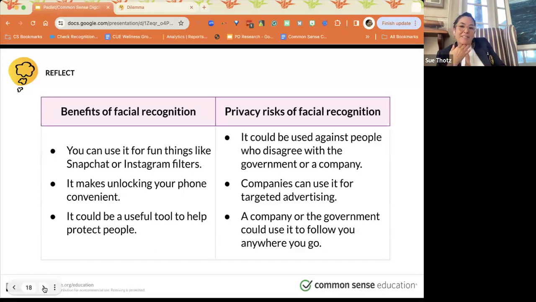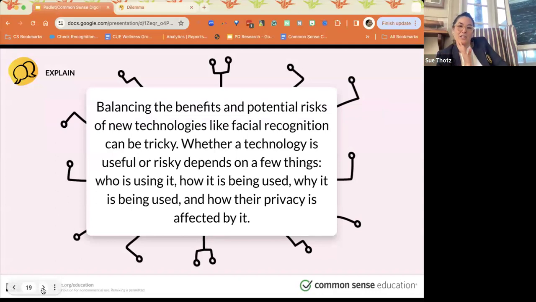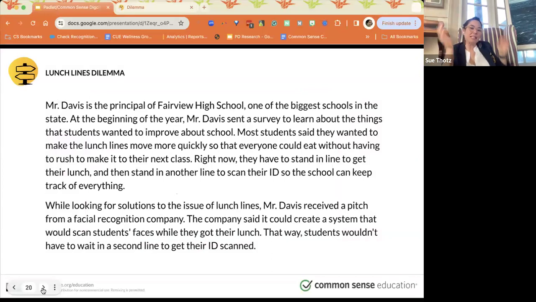But it definitely could be used against people who disagree with the government, or a company could bombard you with all kinds of advertising. And it could be used to track you and your movements, and all this stuff that people get very scared about, right? So how do we balance these risks, and know when a potential technology is risky and how it will affect our privacy? This is what we want to consider in our classroom today.